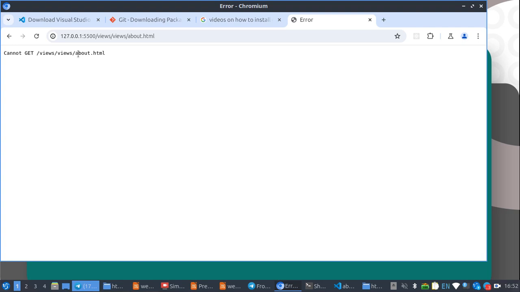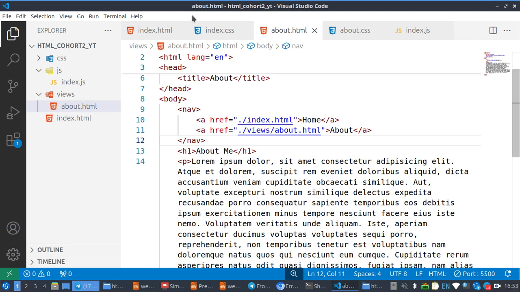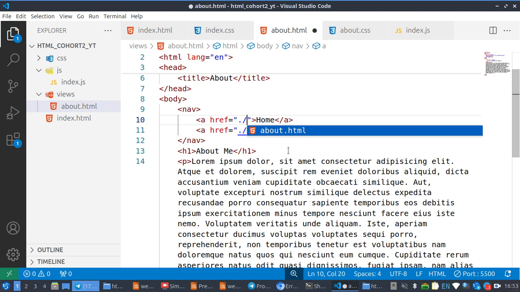So we need to copy and paste, but we also need to change the path where it needs to load those pages. So I will now go back to my VS Code. Here is my about. Then I'm going to do the same process. So I'll come back here, dot and forward slash. Now dot and forward slash, like I explained before, will only load the files where a particular file